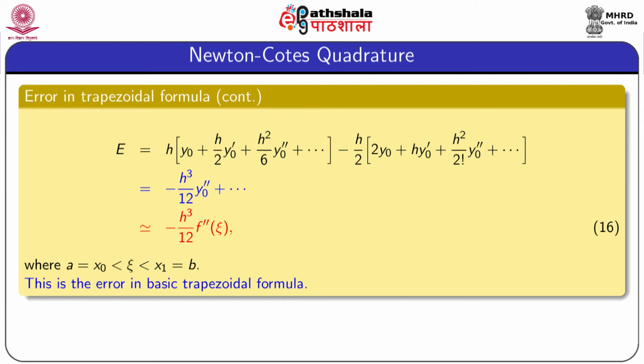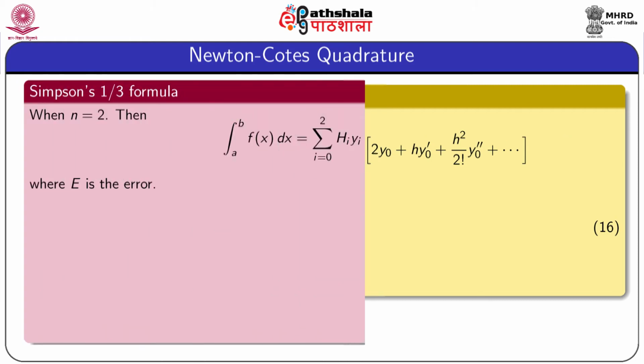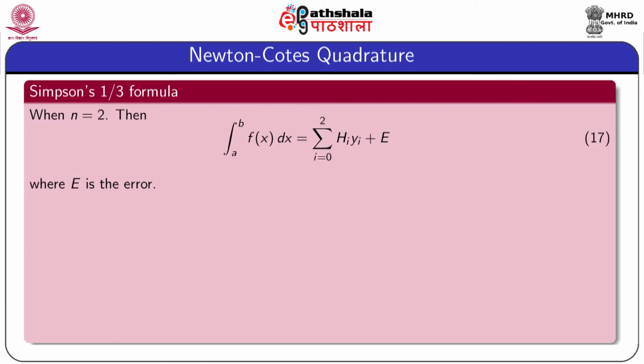This is the error in the basic trapezoidal formula, not in the composite formula. Now, we consider another case of the Newton-Cotes quadrature formula. When n equal to 2, the corresponding formula is known as Simpson 1/3 formula. In this case, the integration from a to b of f(x) dx is equal to the summation, i equal to 0 to 2, of hi into yi plus E, where E is the error and hi are the Newton-Cotes coefficients or Cotes coefficients